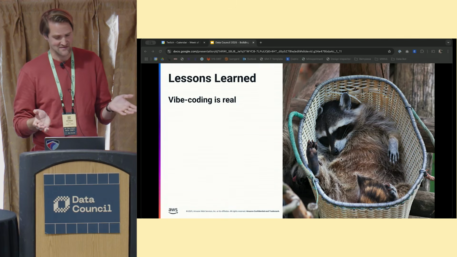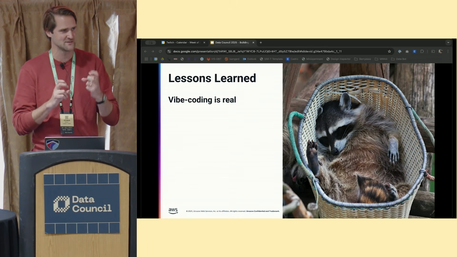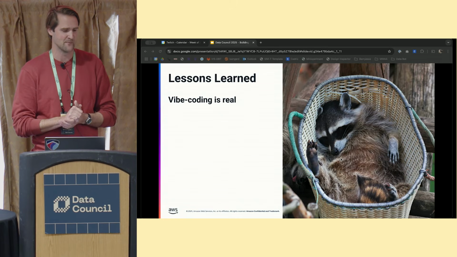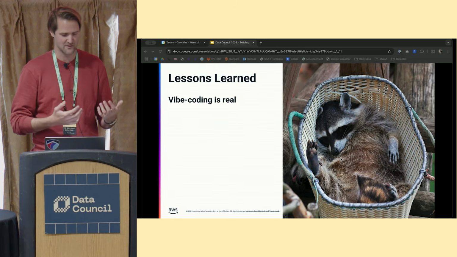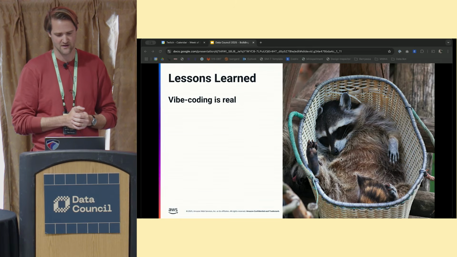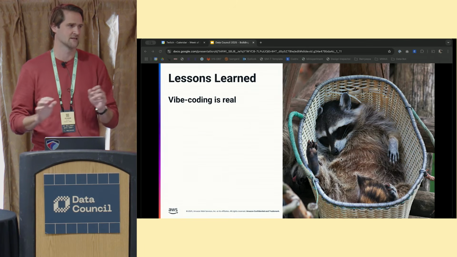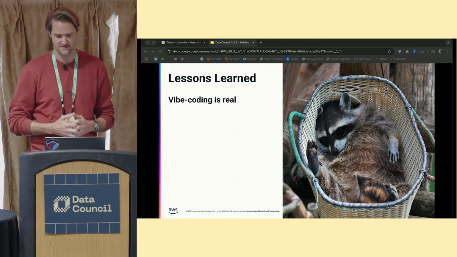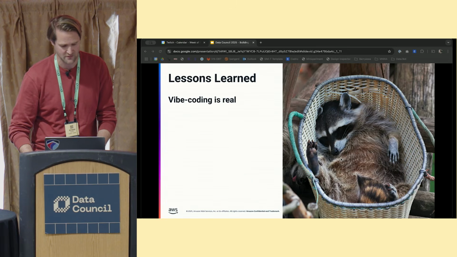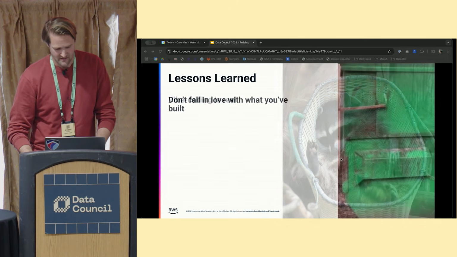Vibe coding is real. I'm a recent convert after Q CLI was released, because I live in the terminal, so once it came to the terminal and Vim, I was like, oh wow, this is actually working. There are a ton of these tools, and I'd really encourage any data scientist who is not necessarily an engineer by training to try it, because it's a real thing, and you can get a lot of value out of it, especially building Python scripties, which it's really good at.